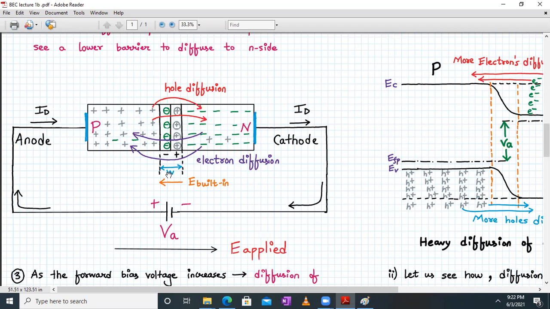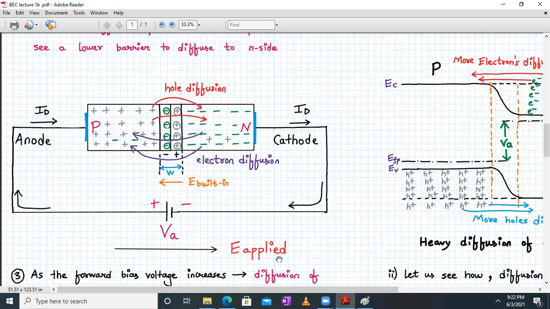it will reduce the depletion region width, since more and more carriers are diffusing to either side of the junction. So in the process, your depletion region width will be slightly reducing. Okay, and because of this, if we increase the applied potential, more and more diffusion of carriers will take place, and the external current will flow into the circuit, which is the diode current. Okay, from anode to cathode. So current will flow only from anode to cathode. Fine. And this is the applied electric field.